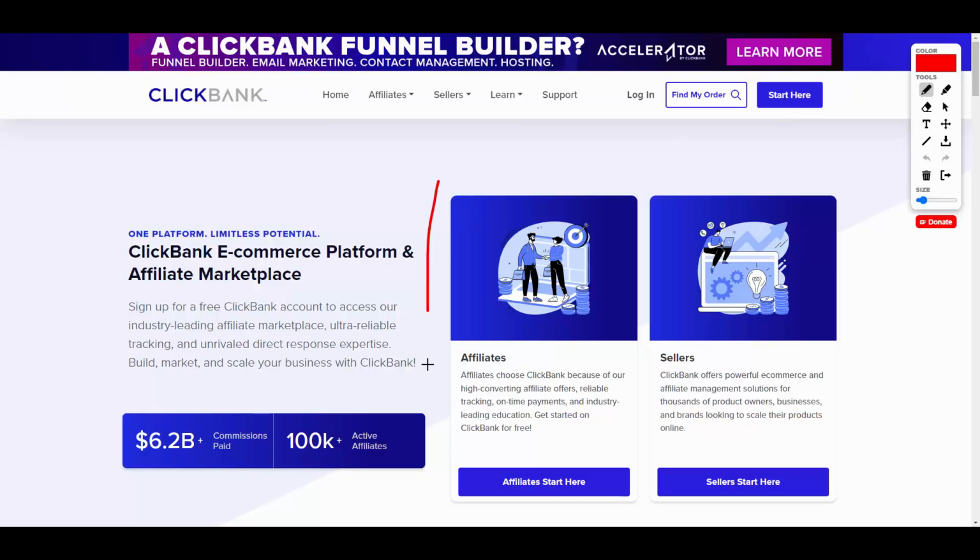You're going to go here and use this, which is Start Here. You're going to be an affiliate. If for some reason you're like, I don't want to use ClickBank, I cannot use ClickBank, don't worry, there are other alternatives. You can use JVZoo, WarriorPlus, Digistore24, or you can actually use private affiliate products. Okay, so I'm going to be using ClickBank just to show you this training and this tutorial,